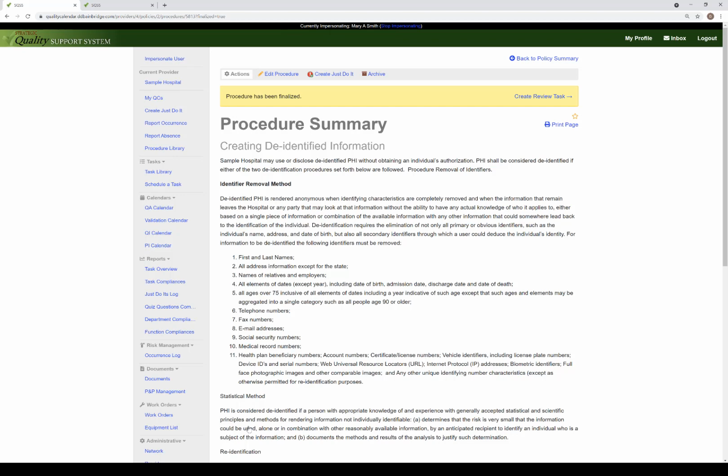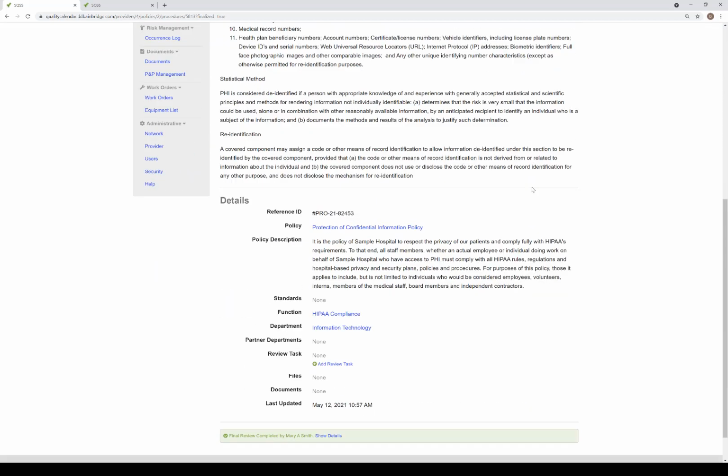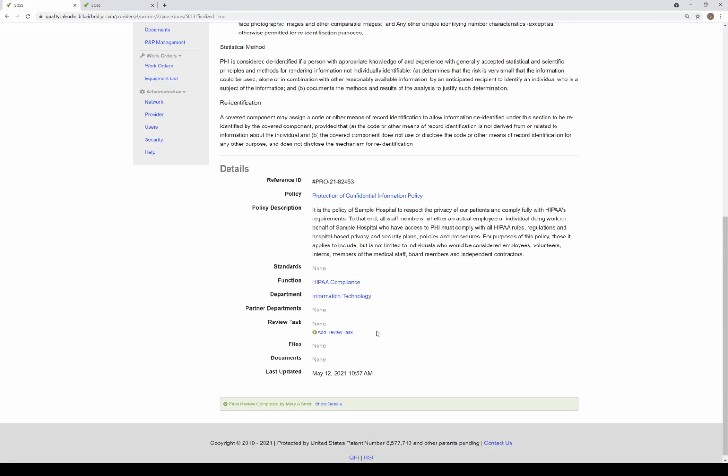You'll notice once it goes to that final review process, there is a link here. It's a quick link to try to get you to do it right away to create a review task. So I can create a review task from here, but anytime you come in to look at a procedure, if you have access to create tasks for this type of stuff, there will be hyperlinks at the bottom in the details area for add review tasks. So I want to talk about that for a minute